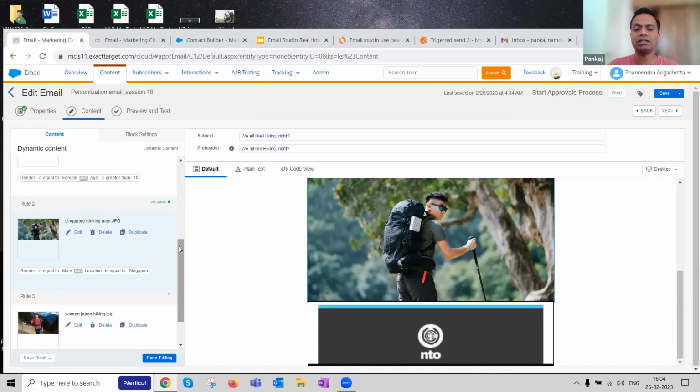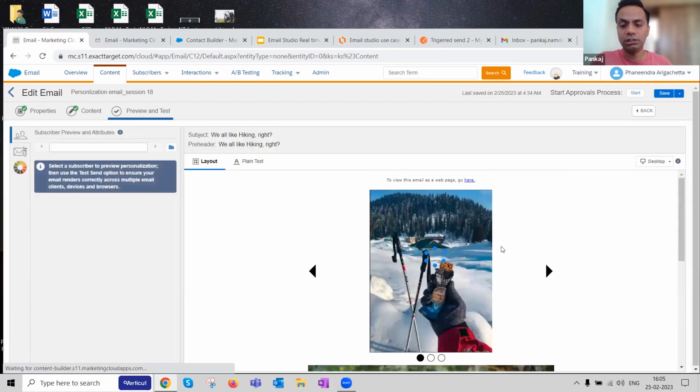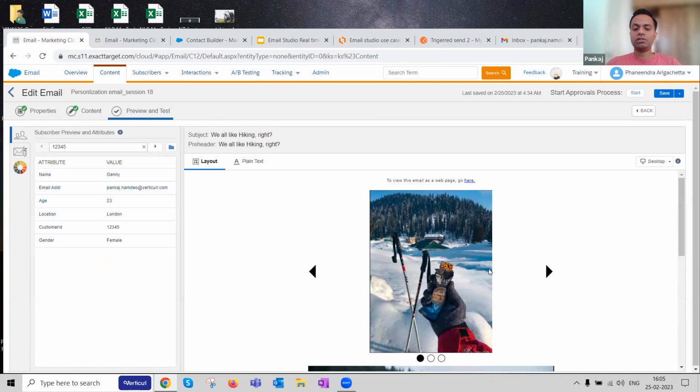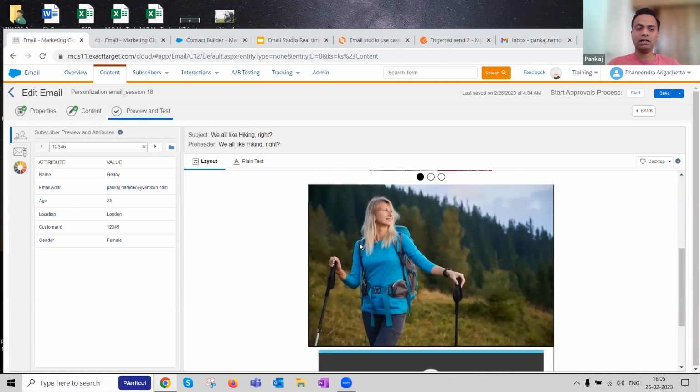So that's dynamic content, and I'll quickly take you to the next page to show you the preview of it, how it finally looks in an email based on the various personas that I have identified. These are the personas that I have identified. Let's quickly go and see the preview. So this is the email carousel for 3 images. And this is for a particular persona where, remember, I told you, the gender is female and age is more than 18. It will display this image.